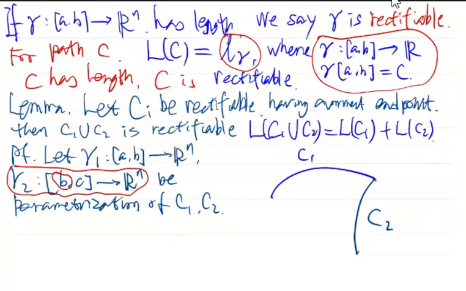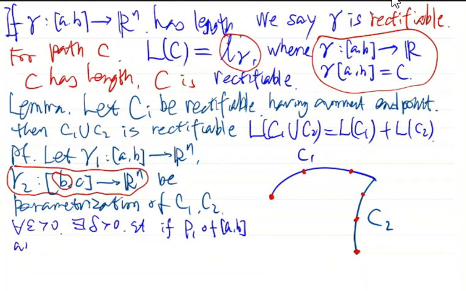So for any epsilon positive, we can obtain a partition of AB and BC. So we have some points corresponding to the curve. There are some points on the curve. Some partition of the interval will give us a partition of the curve. So for any epsilon positive, we have delta positive such that if partition P1 of AB